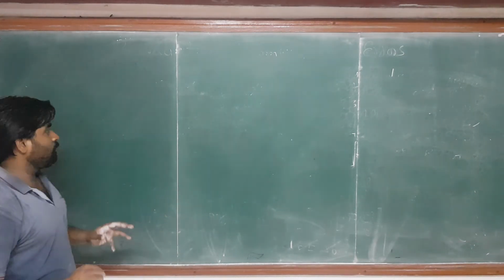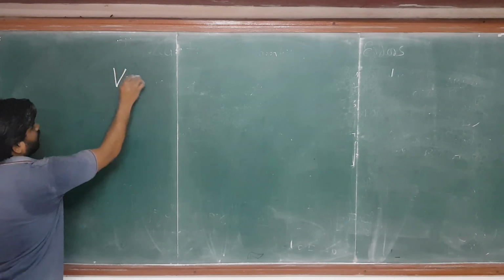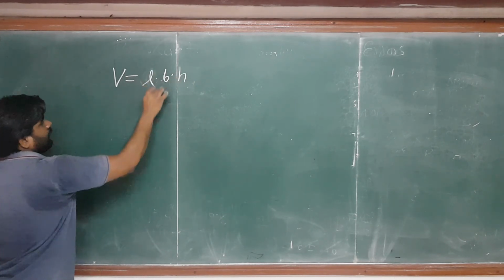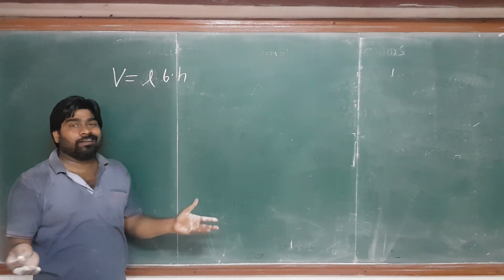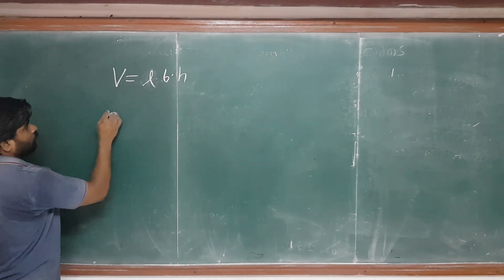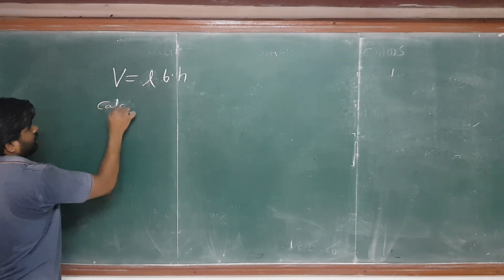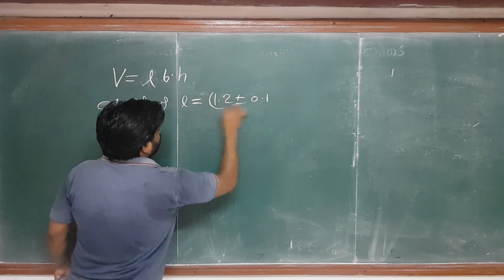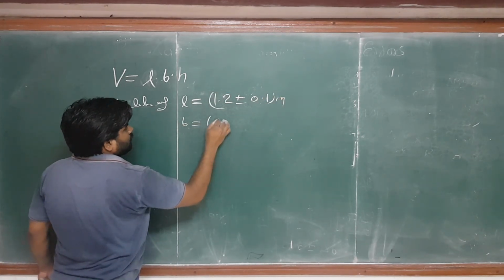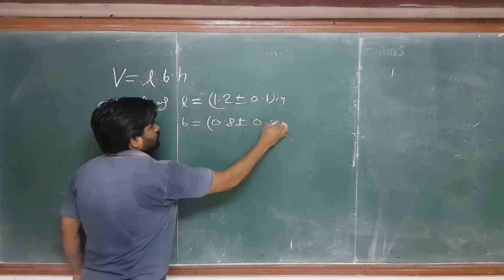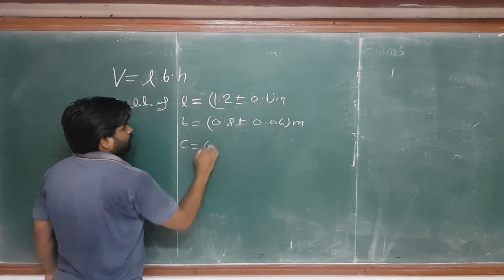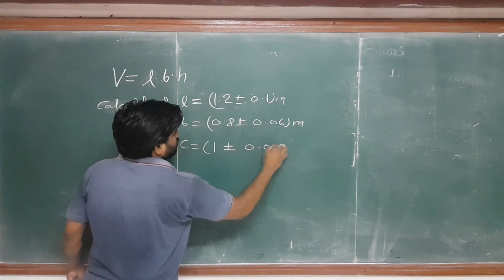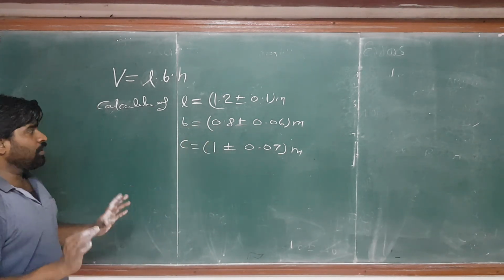So there is one example for the product I am going to give. Let's suppose I am calculating the volume, then volume is equal to A dot B dot H, or write LBH: length, breadth and height. Now if we calculate length, it will not be exactly calculated in length, there will be error. So suppose we assumed the calculation of L is 1.2 plus minus 0.1 meter. Similarly B came 0.8 plus minus 0.06 meter, and height, let's suppose the height is 1 meter plus minus 0.07 meter. So these values are given and find the volume.